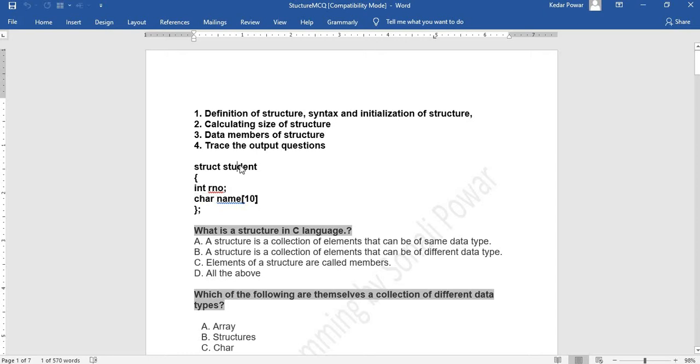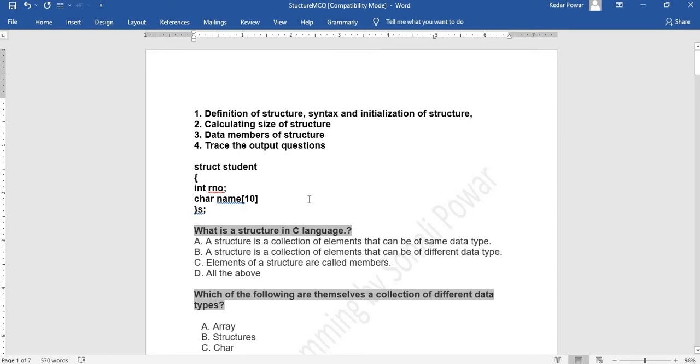Now, how many bytes are required for this student? The number of bytes required for the roll number plus the number of bytes required for the name. Here, roll number requires 2 bytes of memory and name requires 10 bytes of memory. So, the total number of bytes required for this student structure is 12 bytes. But when you write a structure, at that time it will not allocate memory. But when you declare a variable of type structure, then only it allocates the memory. Suppose I say here S. Now here S is a variable of type struct student. Now it will allocate 12 bytes of memory for this variable S.